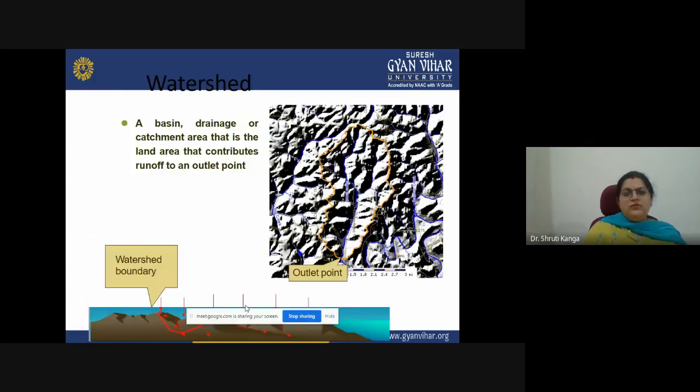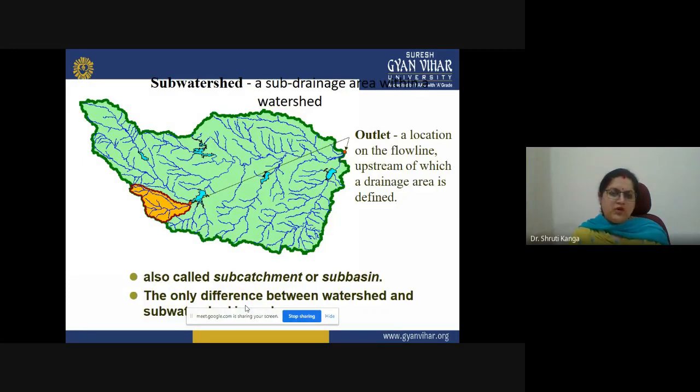Then we have watershed, a basin, drainage or a catchment area, that is, land area that contributes runoff to outlet points. So this is an example of watershed boundary delineation, sub watershed. Under this watershed we can have a small watershed. Now a sub drainage area within a watershed is known as sub watershed.